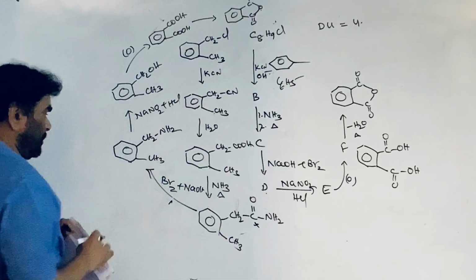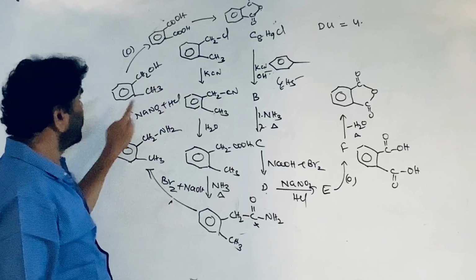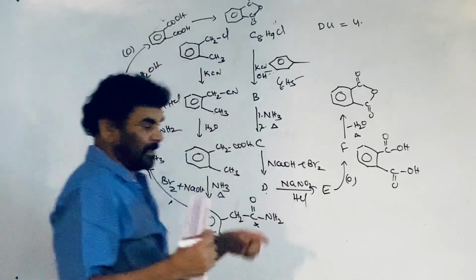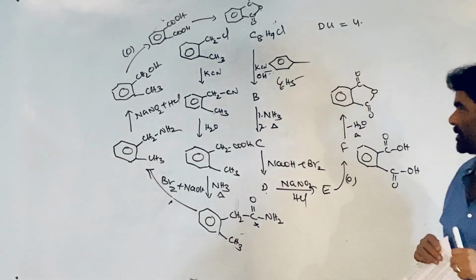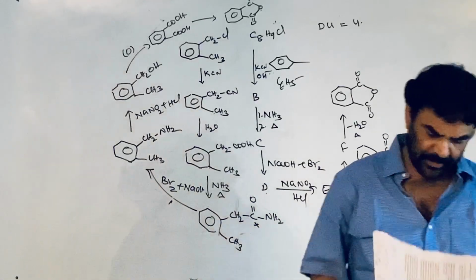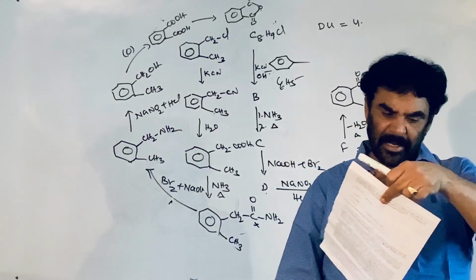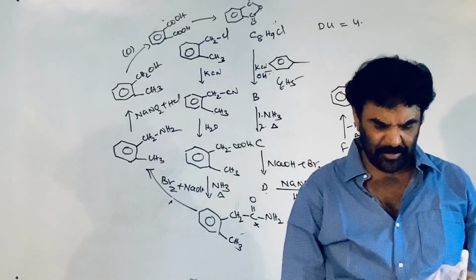Phthalic anhydride. So different names are given. This is the original compound. With this structure we can explain the formation of the different compounds. So this is the explanation, and the conversions I already told you, the HIO4 reactions are very simple. If you have any doubts, you can ask.